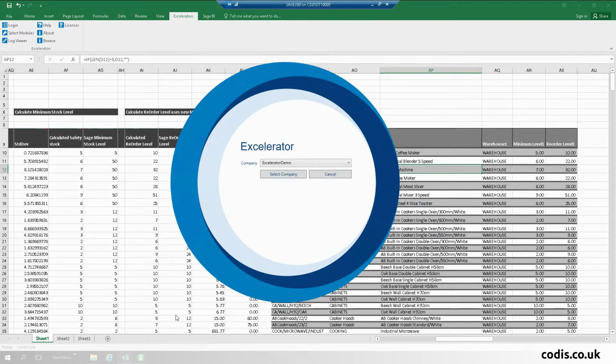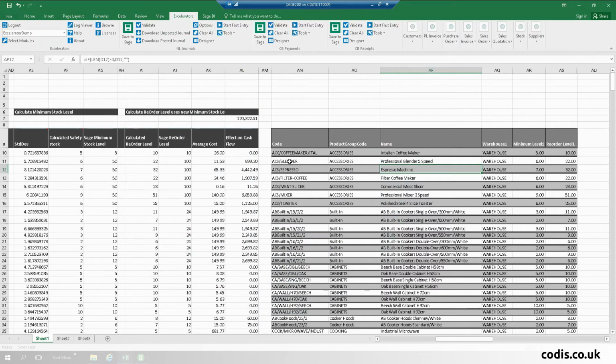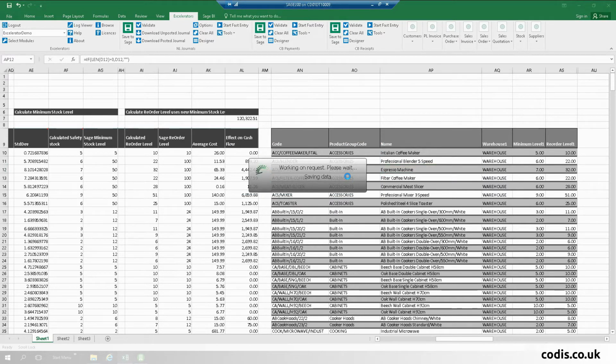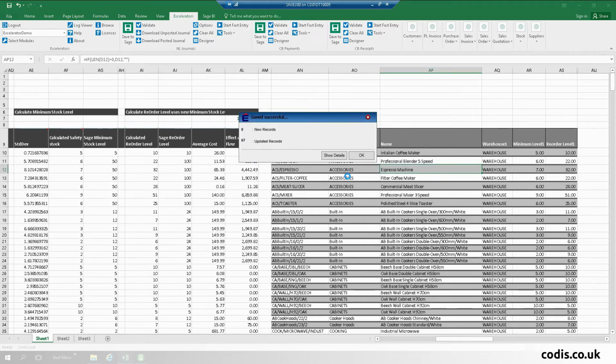So I log into my accelerator. Select the company. Go across my ribbon, see the stock module, and I click Save to Sage. So what that's now doing is that it's updating the data in Sage 200, my reorder level and my minimum stock level. So if I were to refresh my sheet once I ran the update, then my reorder level and minimum stock level will be correct,